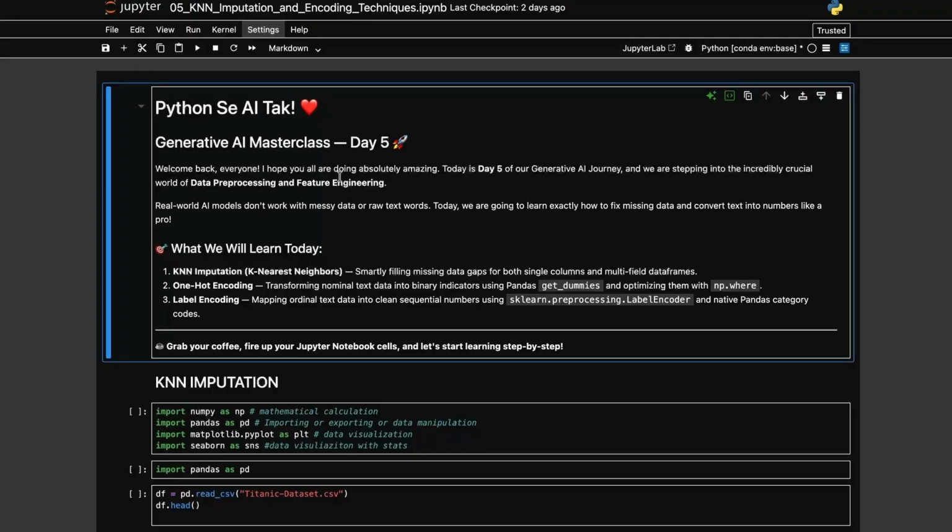So, now here is the catch: AI models are essentially giant mathematical calculators. They don't know what to do with an empty blank cell, and they have absolutely no idea what text words like male, female, or mean. They only understand numbers. So, in today's class, we are going to learn exactly how to fix this problem step